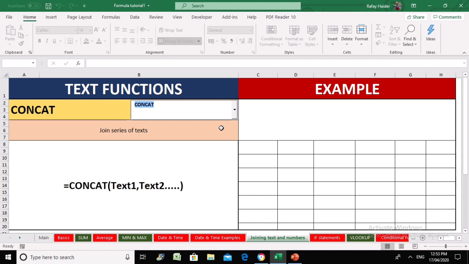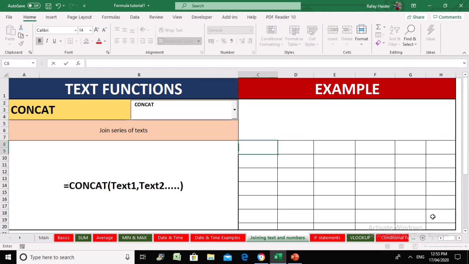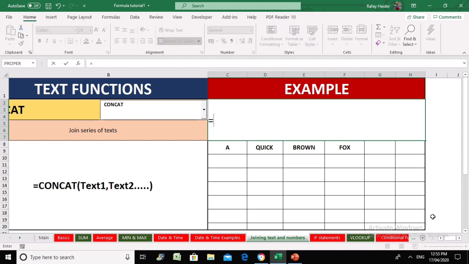This is a new version of the concatenate function, and this is an important function. As you can see, it joins a series of texts together. For example, if I say a quick brown fox, and if I want to join these, I can just type is equal to, and then